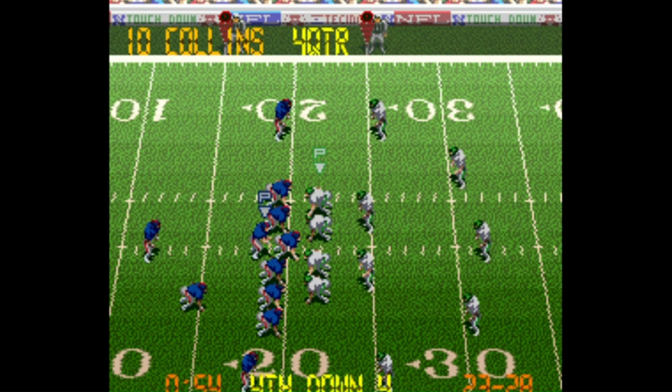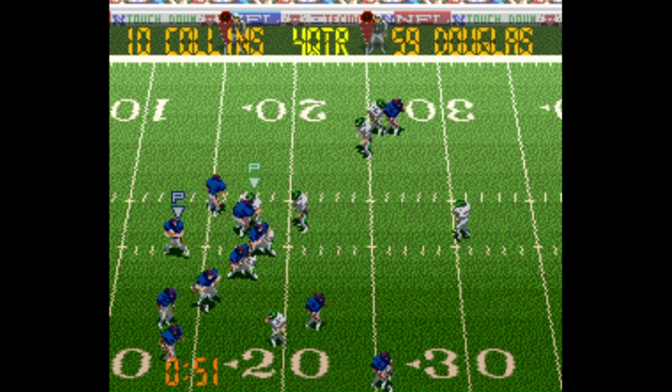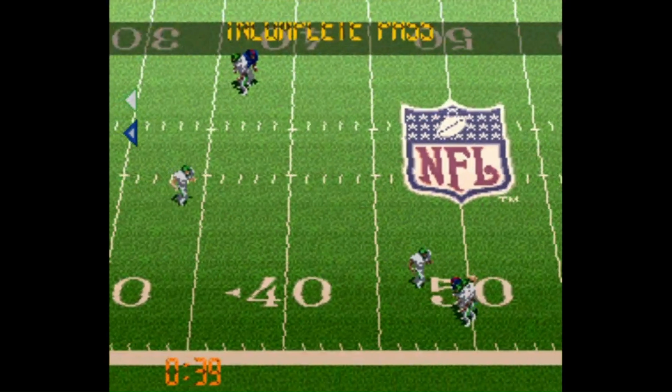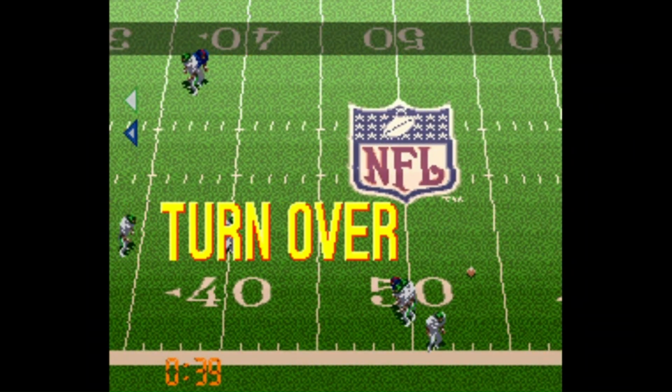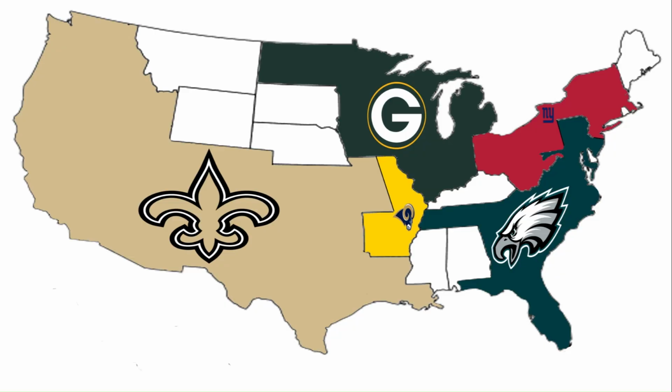They have the ball, but they've quickly fallen to 4th down. They only need 4 yards from their own 21-yard line. Collins wants to go deep to Toomer. It's knocked away. The Eagles will go ahead and score from here, and they come away with a wild 35-23 victory. It was a game of runs. The Eagles score 21 straight. The Giants score 23 straight.